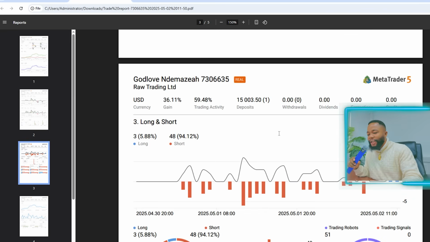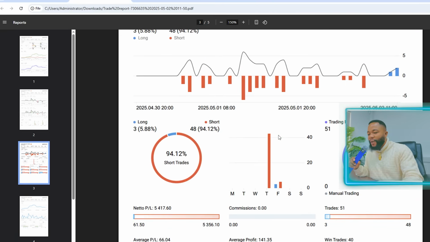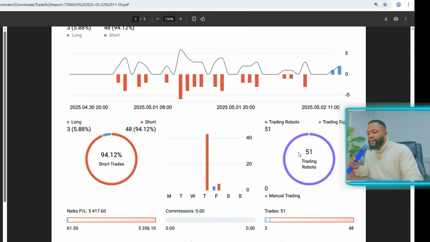Another one is long and short. Then this is what I want you guys to see. I've taken a total of 51 trades, and out of those 51 trades, how many of them were shorts? Okay, short trades were 48 trades. Yesterday, gold was selling the whole of yesterday, and I was just selling the whole time, or the bot was